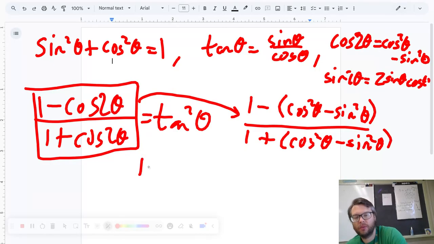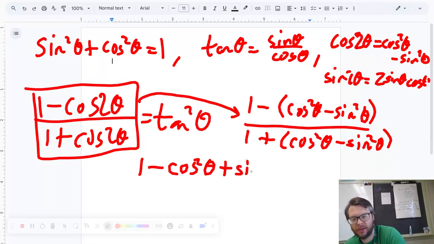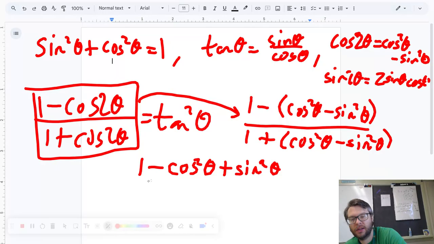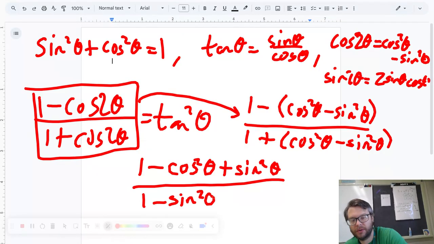So then we have on the top, distribute the negative, 1 minus cosine squared theta plus sine squared theta. And on the bottom, we have 1 minus, I'm just going to rearrange the order, 1 minus sine squared theta